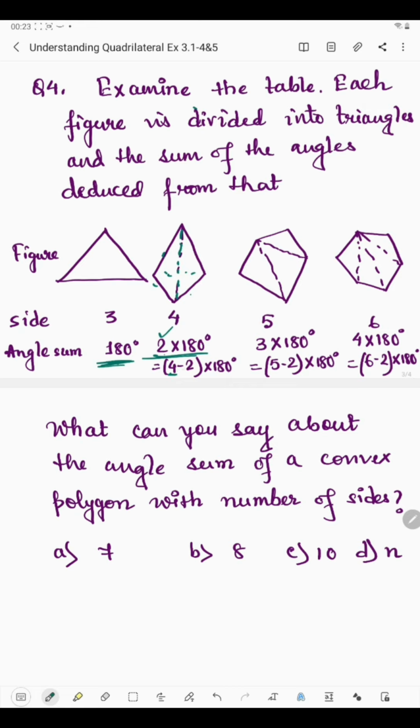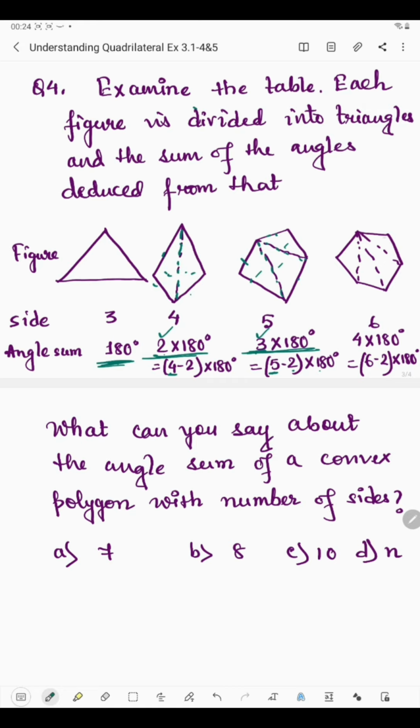Okay, similarly in the next figure, see 1, 2, 3, 4, 5. So this is a pentagon, and here these are the diagonals. So here the diagonals are drawn to divide the pentagon into 3 triangles. Okay, now each triangle is 180 degrees. So 3 triangles will be 3 into 180 degrees, right? Now how have we got this 3? How many sides do we have in the pentagon? We have 5 sides. So 2 should be deducted from 5 to get these 3, into 180 degrees.